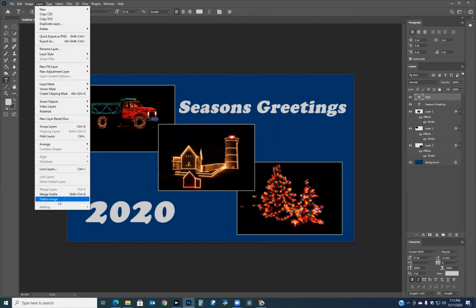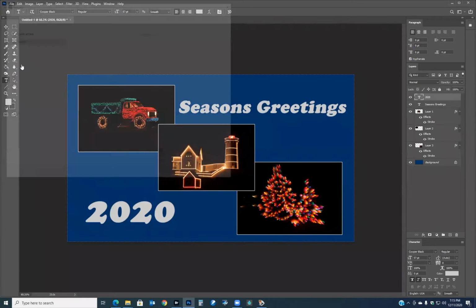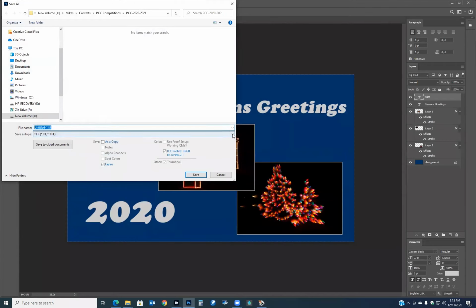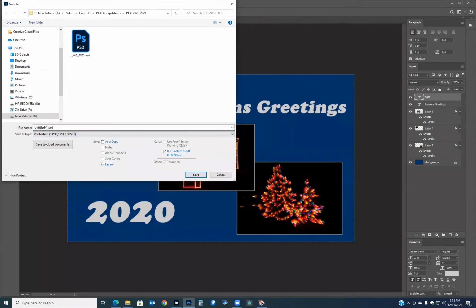That's great for the internet. That's great for sending off to a printer. But it's pretty bad for you because you do not want to do that. You want to save this as a Photoshop file. And here's why. I'm going to say Save As, and I'm going to choose the top one here, which is Photoshop, and I'm going to give this a title,